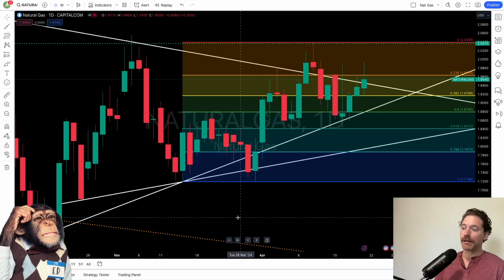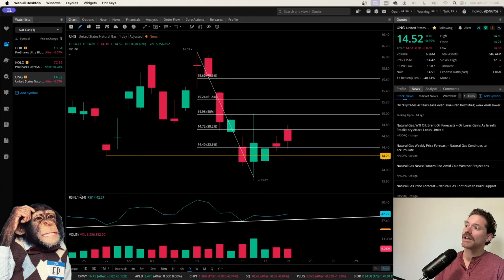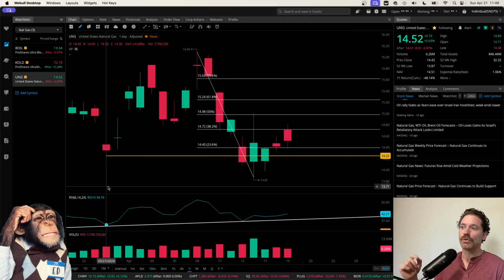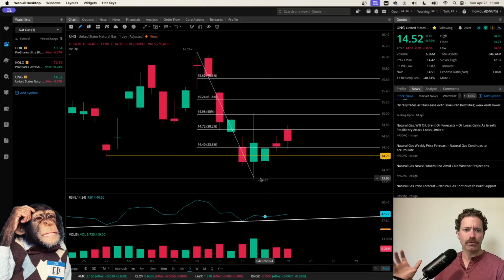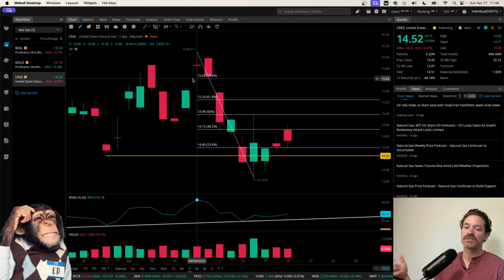However, they have not performed as well as natural gas. They have not been looking as strong, actually forming lower lows in some cases. So I do think we do need to look at the charts there. So here looking at UNG, I've done a little bit of a different retracement here. Instead of going from the bottom to the top, since we have hit new lows, I did one from the